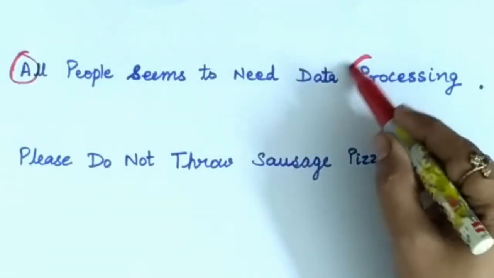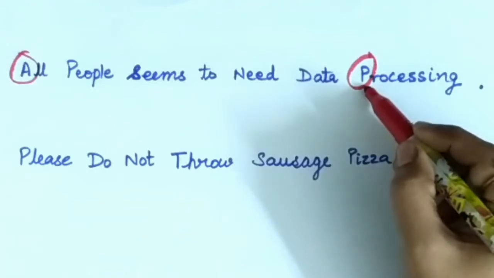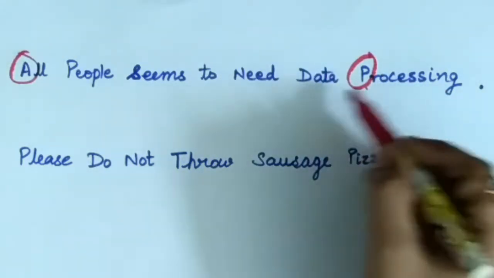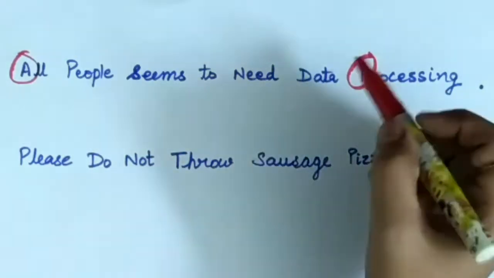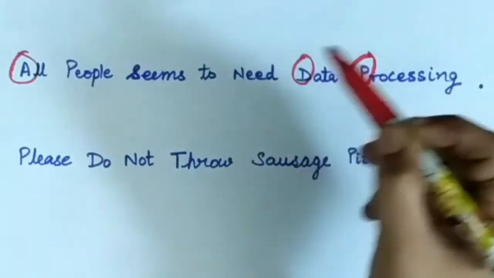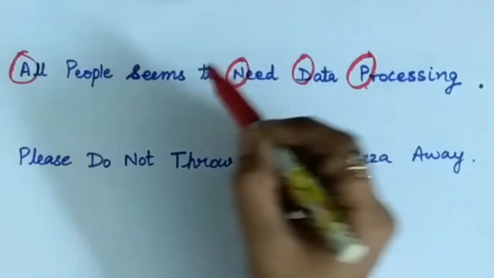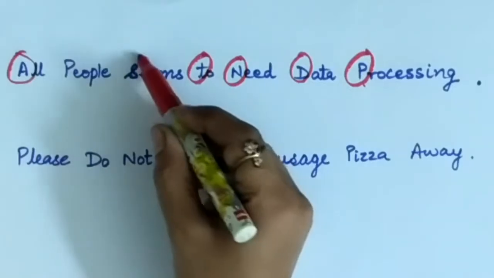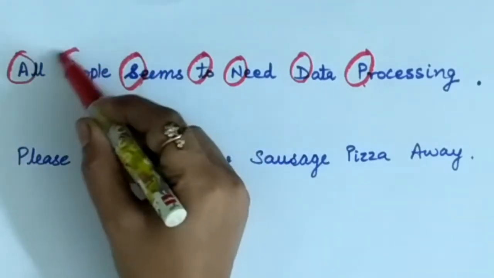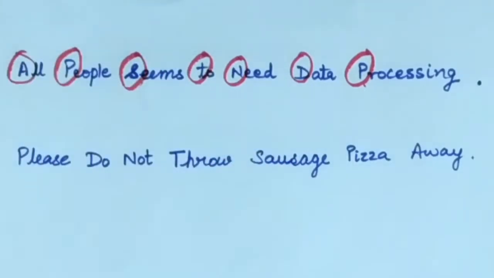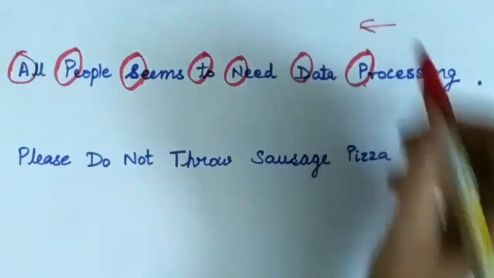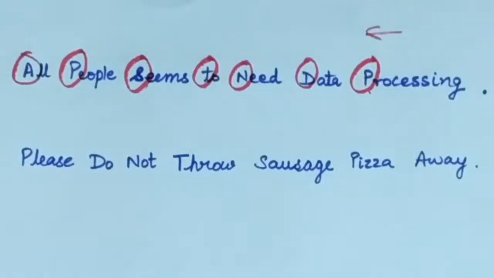The first is the physical layer. Take the first letter of every word: physical layer, data link layer, network layer, transport layer, session layer, presentation layer, and then the application layer. Read it this way. This is the first sentence. You can use it to learn the order of the layers.